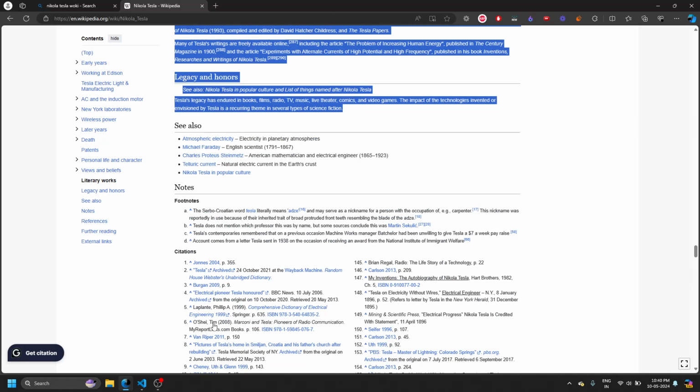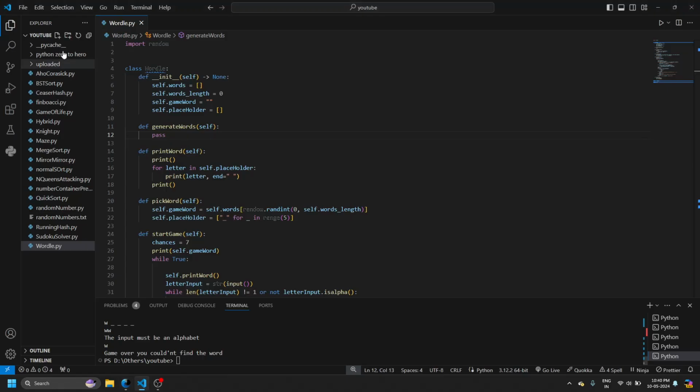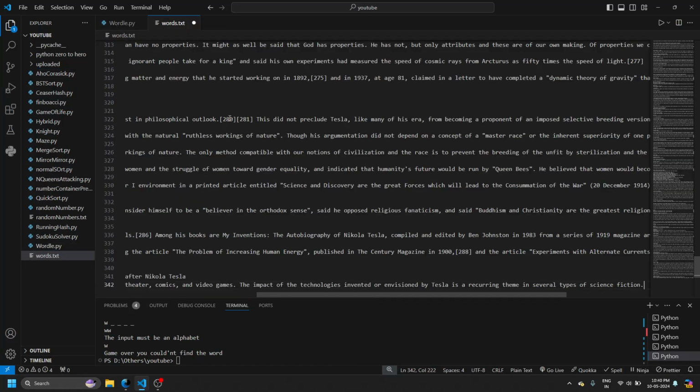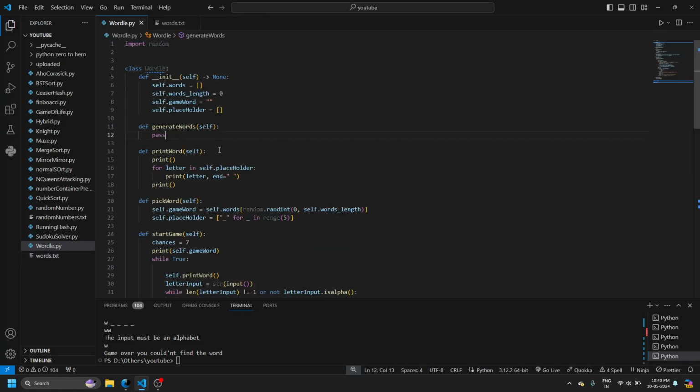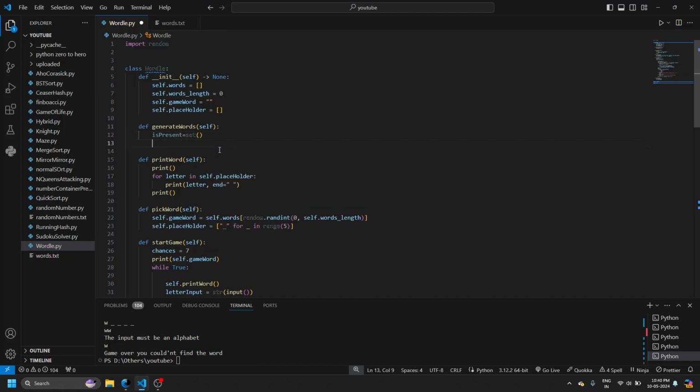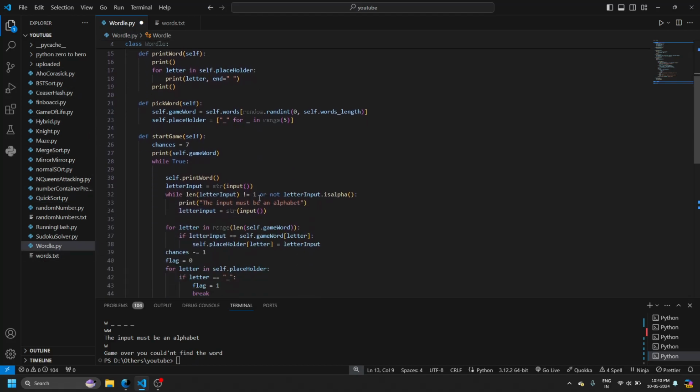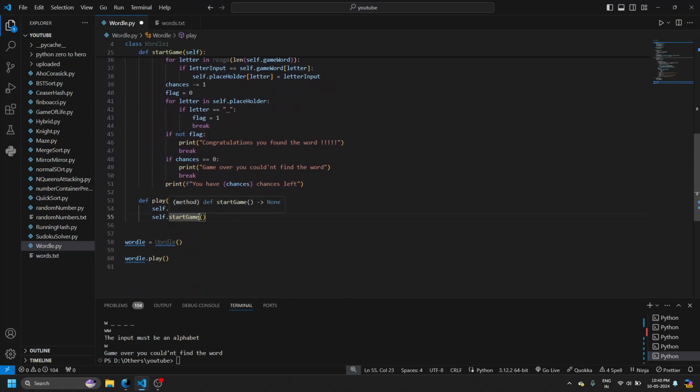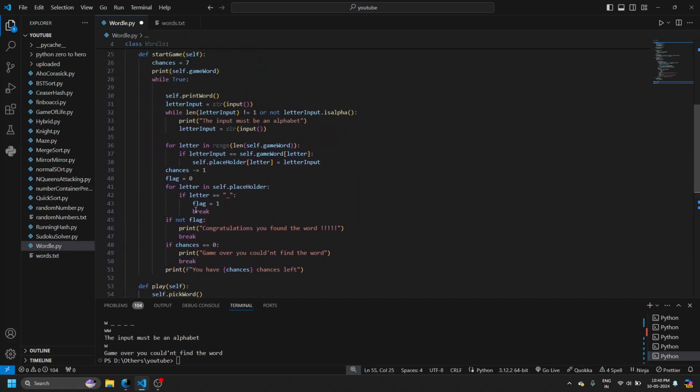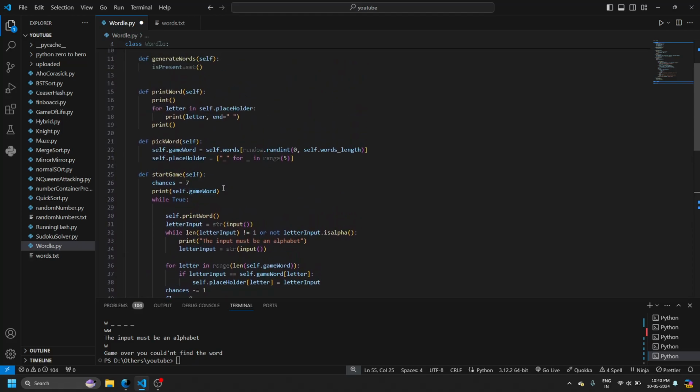We'll do one thing. We'll directly create a words.txt and paste the entire thing over here and save it. Now in Wordle, we will read that, and we'll actually have a set to check so that we don't have duplicates in our array. We'll directly read from words.txt. And so for that, let's just have pick word. And inside pick word, what we'll do,